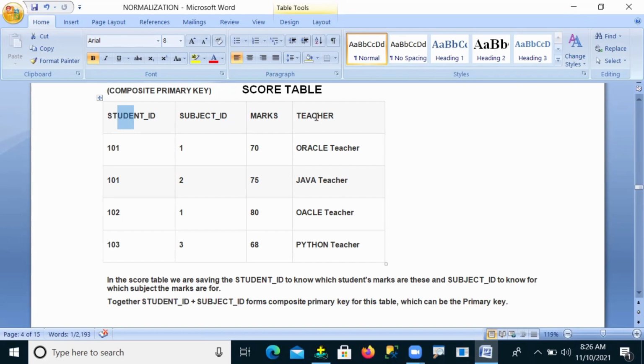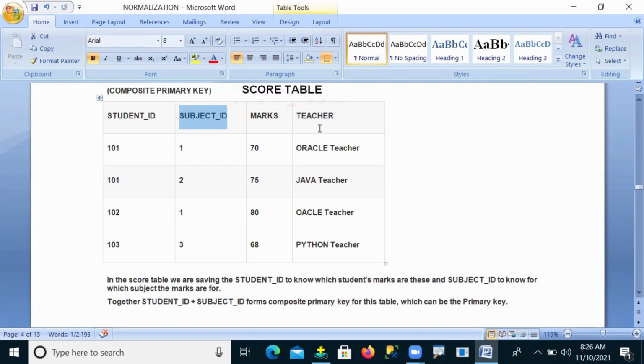I'm not depending on students because they are temporary, but the subject is permanent. So the teacher always depends on the subject, not on the student.